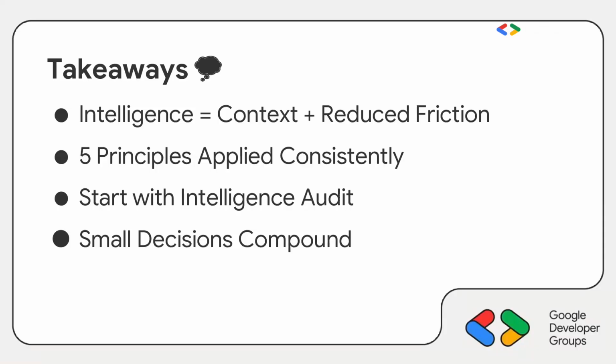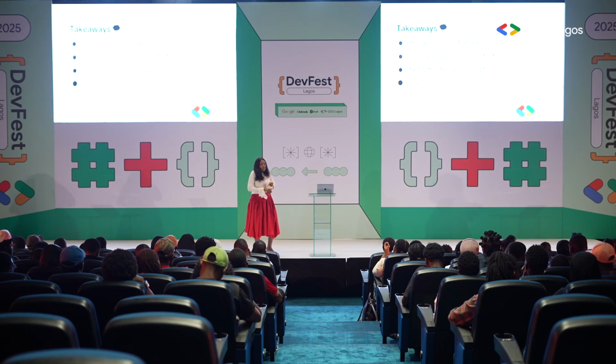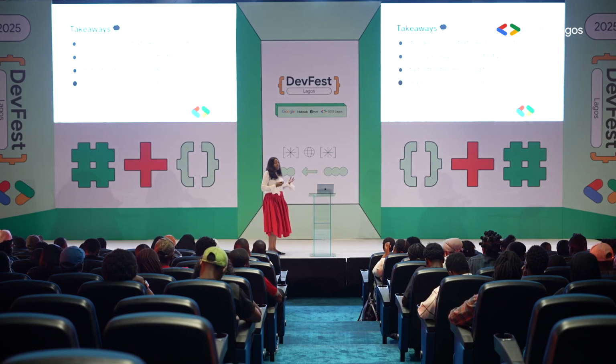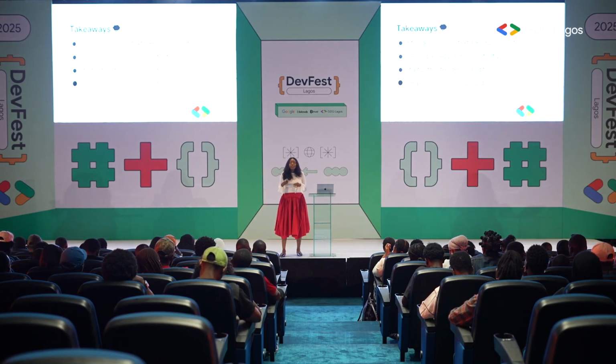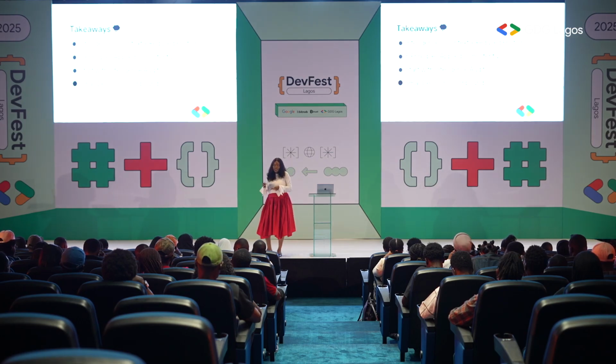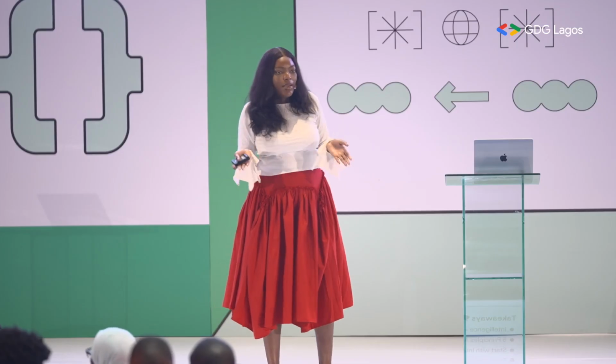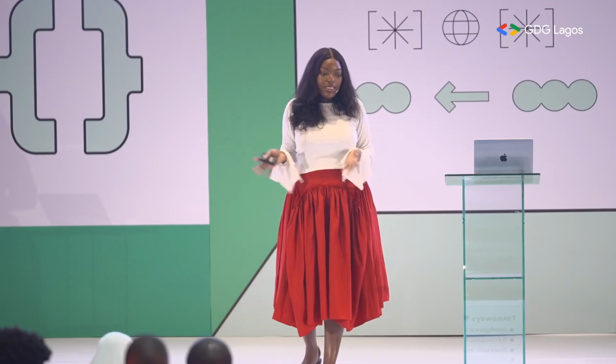Next one is start with an audit. Ask the right questions. What's my user doing next? What are they doing now? Who is my user? Why are they doing this? Why do they need my app? The majority of our little hassles and the bugs we face, especially as designers and when we iterate, happen because we don't ask questions, right? So start with an audit all the time.